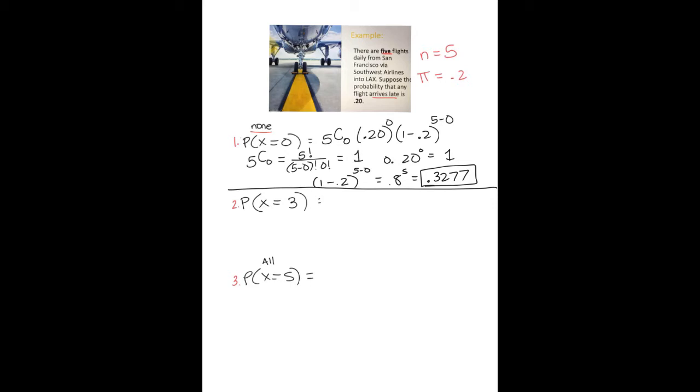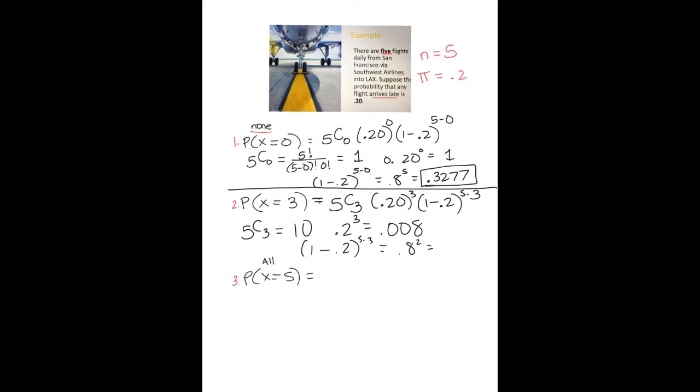So to get the probability that 3 flights are late, let's plug it into the equation again. So we have 5 combination 3, 0.2 to the 3rd, 1 minus 0.2 to the 5 minus 3. So first, 5 combination 3 is equal to 10. 0.2 to the 3rd is equal to 0.008. And finally, 1 minus 0.2 to the 5 minus 3 is 0.8 squared, which equals